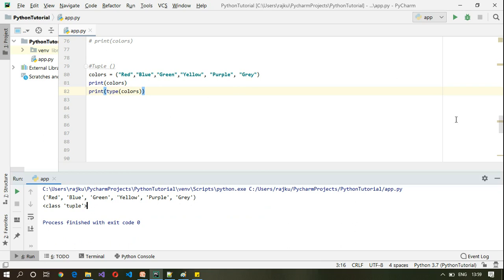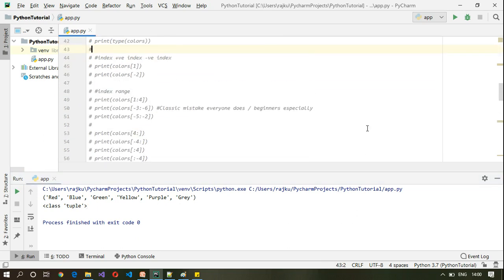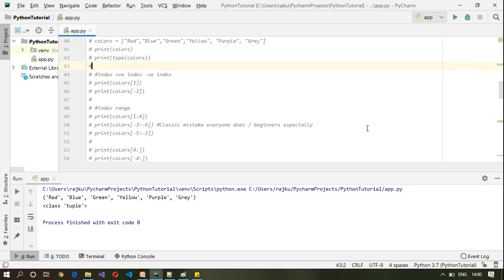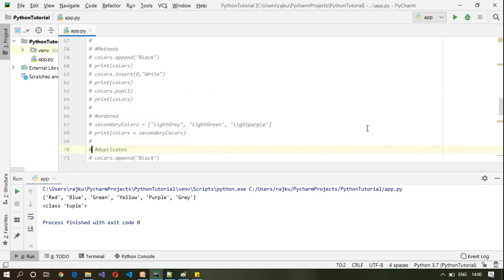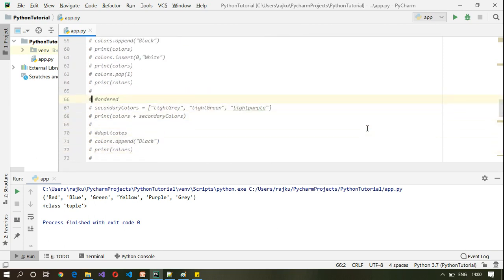So all those items which we discussed with list apply to tuple also, such as index, positive index and negative index, index range, and we have seen it is ordered.